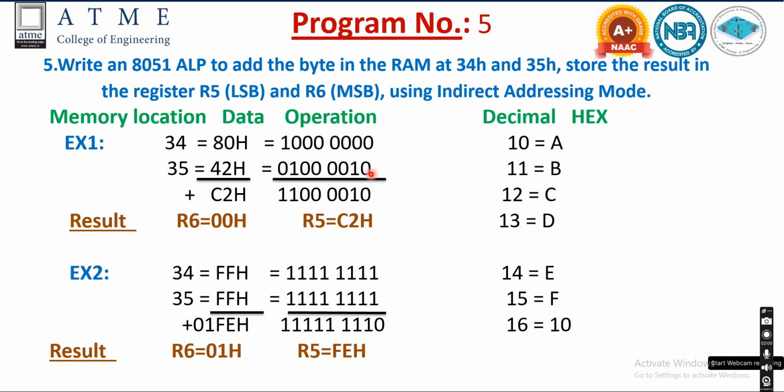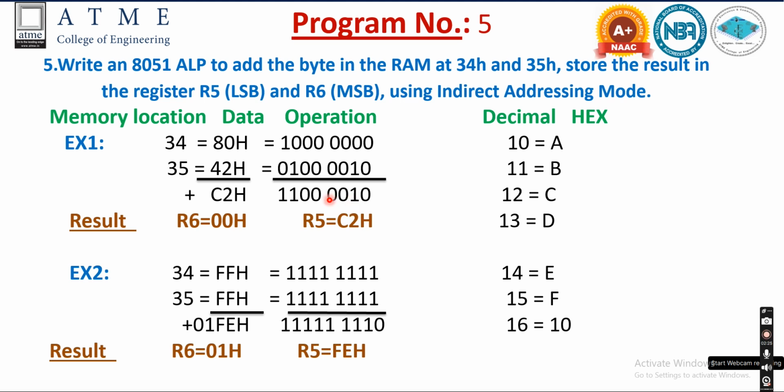So it performs the binary addition. 0 plus 0 is 0, 0 plus 1 is 1, and like that it will be carried out till 8 bits. After that, starting from the least significant bit, it will group the 4 bits together and obtain